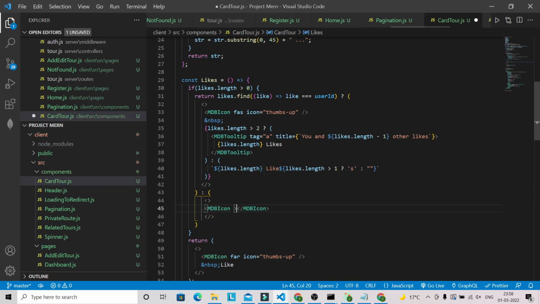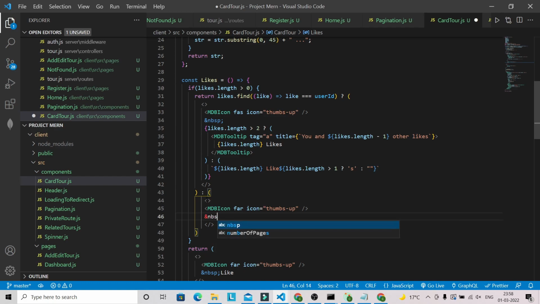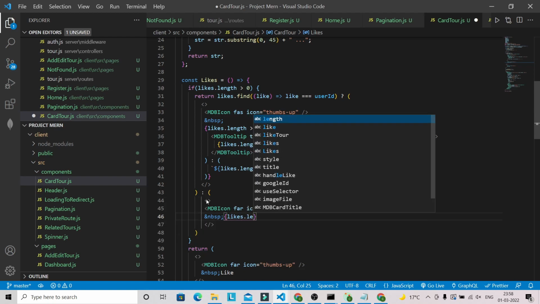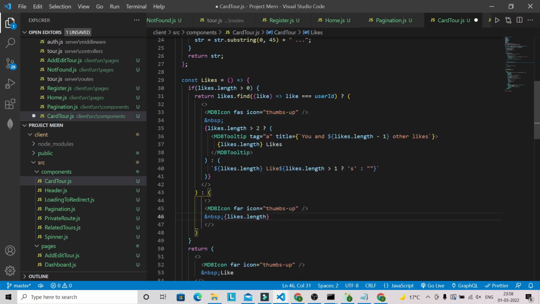and it will be self closing, so it will be far icon, thumbs up. Okay, and again I'm going to use here a space, so nbsp, and here I'm going to show the like count, likes.length, and like